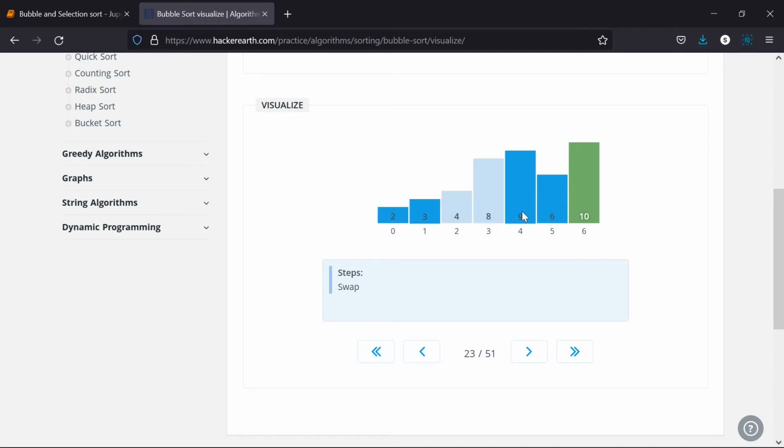At this moment, the swapping will never happen, because 8 is the smaller number. It is already in ascending order, so the swapping is not happening. And after that, 9 and 6, at this time the swapping is going to happen. Again and again, we could check against 10 also, but it's not necessary, because we know that the highest number has reached the maximum position. Again and again, why check?